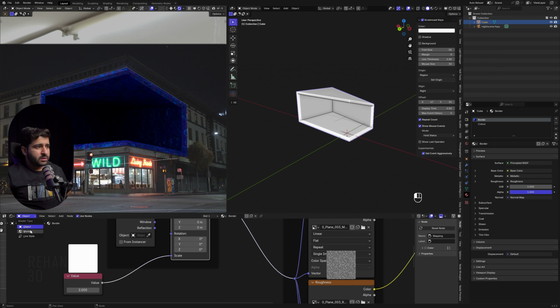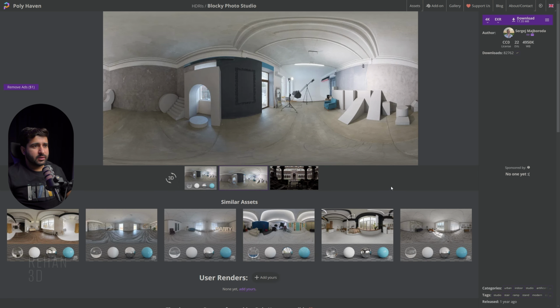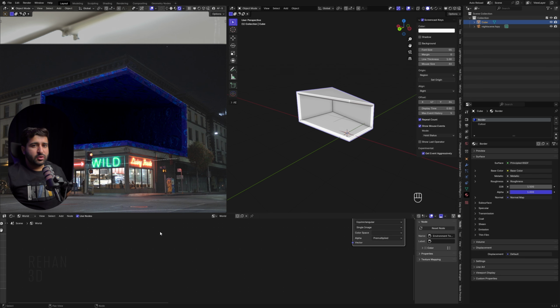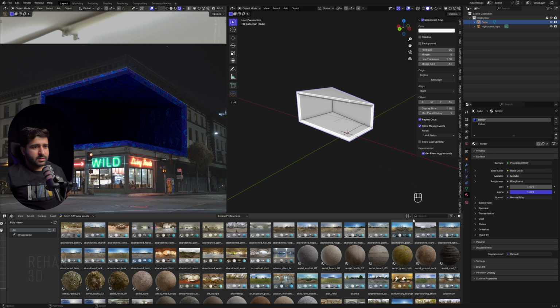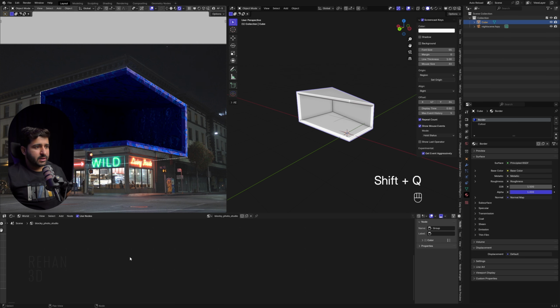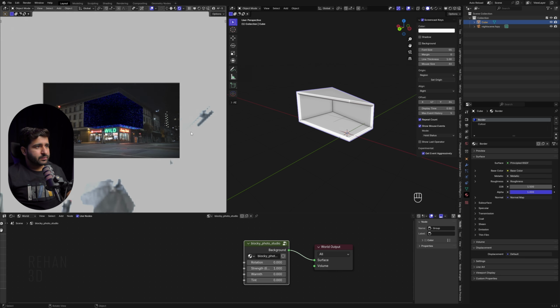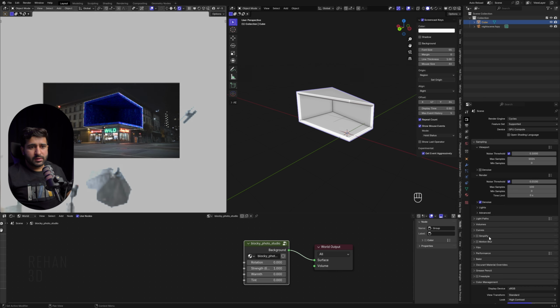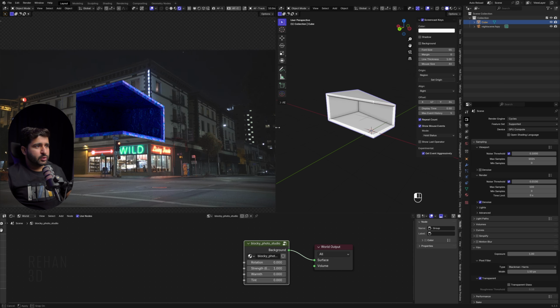So I will go on the object world. Again, I will share the HDRI link which I am using. So I'm using this add-on. I will simply put the link in the description. But as you know, I don't use HDRI directly. I will simply install my Polyhaven HDRI. So I will simply select my HDRI from here like this, and I will simply drag it here, and I will go back into the world editor, and here I will give it the strength of 1, and it will light up my scene like this. And if we go under settings, film, transparent, and we are good to go like this.